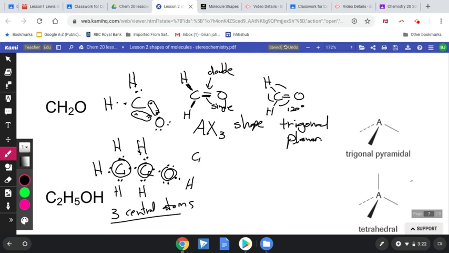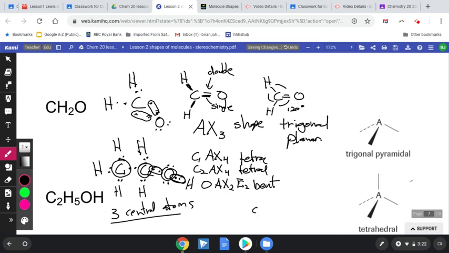AX method, C1 is an AX4. It has 4 single bonds. C2 is an AX4. It also has 4 bonds. And oxygen is AX2, 2 singles. So here is a single, here is a single, and 2 lone pairs. So really we have 3 shapes to look at. Tetrahedral, tetrahedral, and a bent. So to draw this, we are going to go carbon with its tetrahedral, so that has